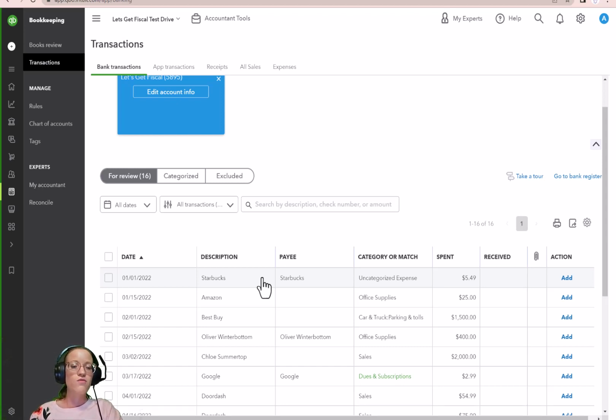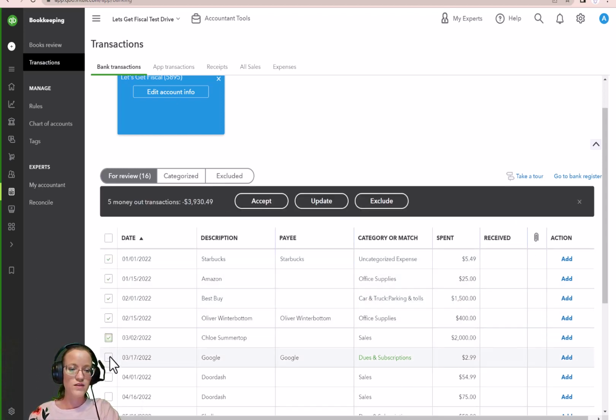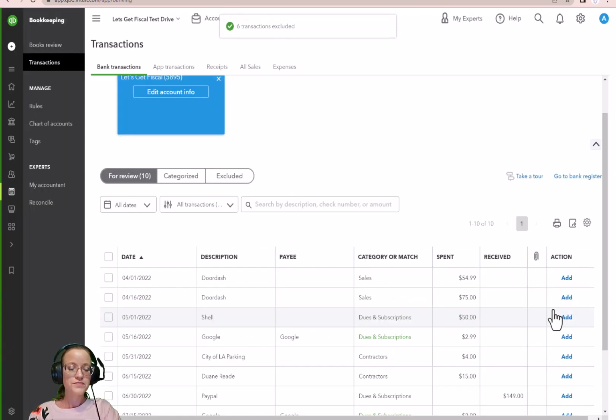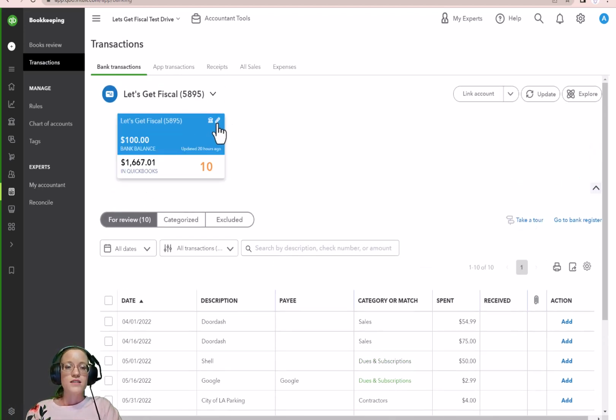So let's say the bank account started on April 1st. But I know that the bank account actually started on January 1st. I would need to go into my banking institution, download an Excel file of all the transactions from January to April, and then I can import those and categorize them. While it is unfortunate,